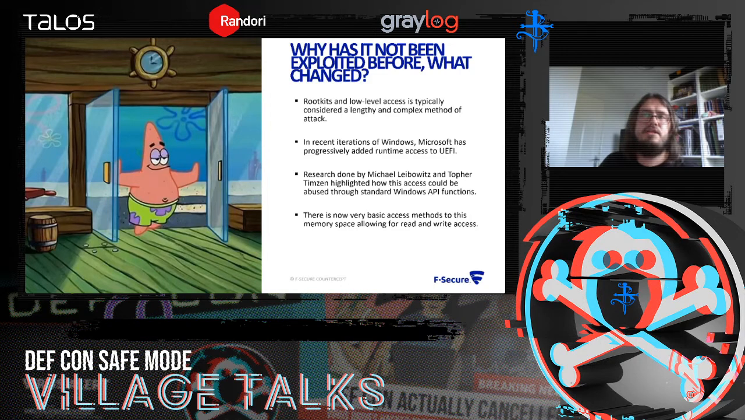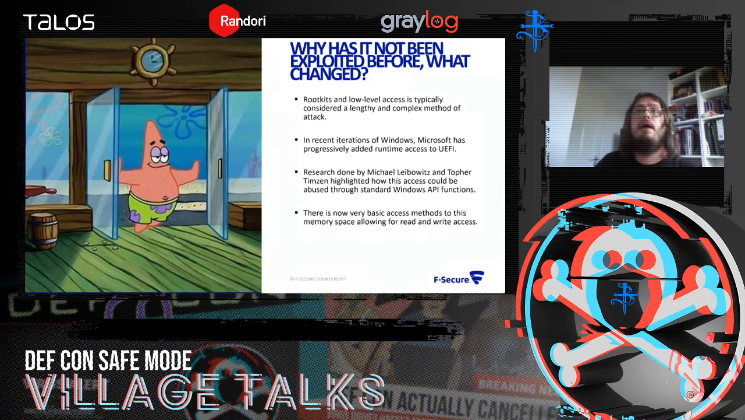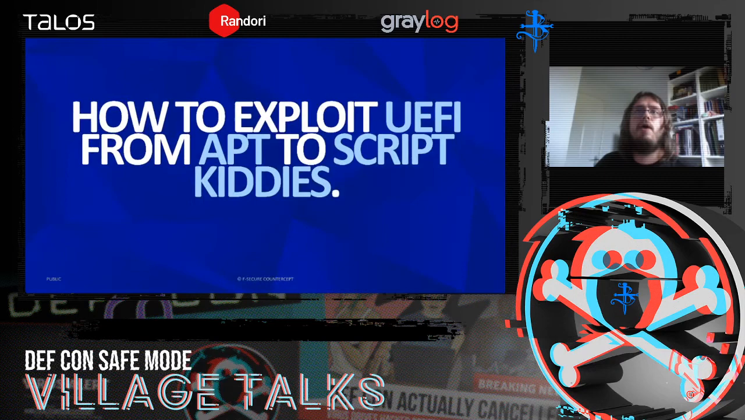So because of their research, or rather because of Microsoft's expansion into the runtime service access, there is, by their exposure, Windows API basic functionality that allows read and write access into this lucrative, not well understood memory sector that's isolated from the rest of the system, which is pretty valuable. So how is it that the UEFI memory space is exploited, all the way from the APT actors down to script kiddies,